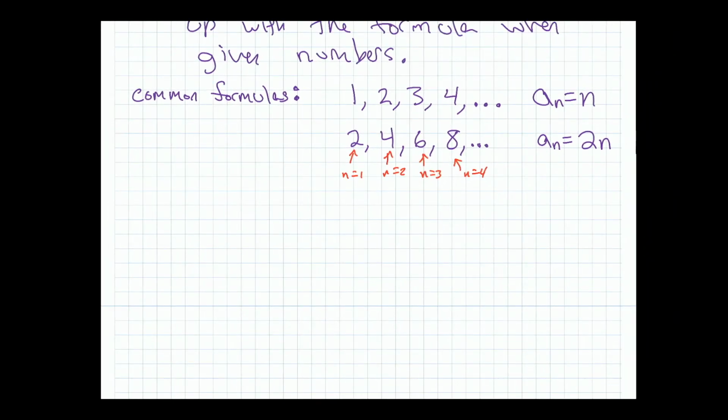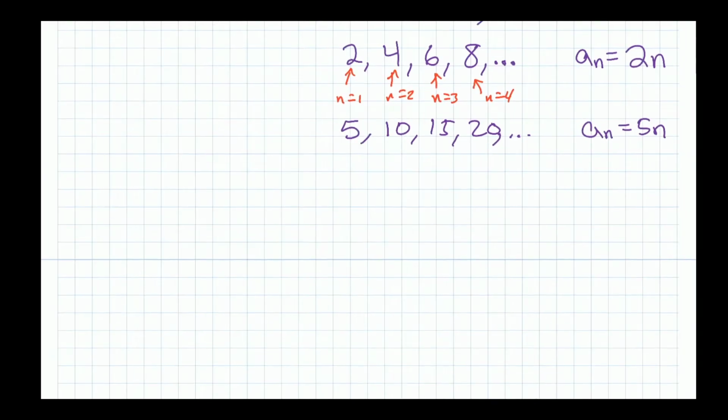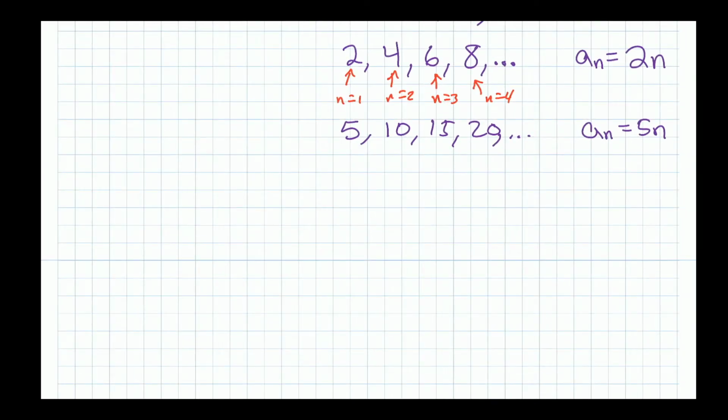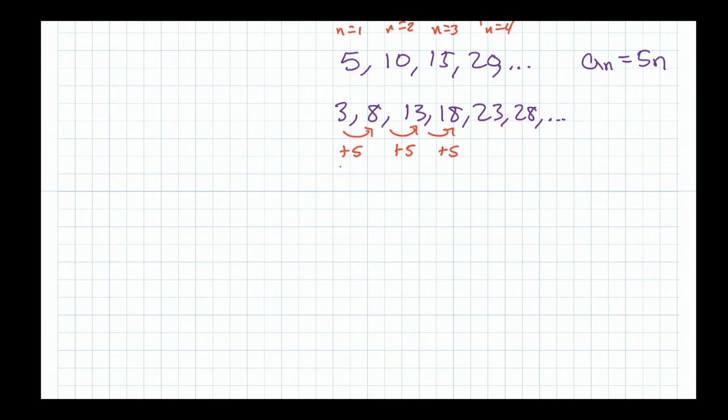Now, it's obvious how to continue that, right? Like if I do like 5, 10, 15, 20, ... you can just say, oh, well, that is 5n, right? But what if you kind of change that around a little bit? What if I go 3, 8, 13, 18, 23, 28, ... So this is a little bit weirder, right? I'm counting up by 5's, right? Plus 5, plus 5, plus 5,